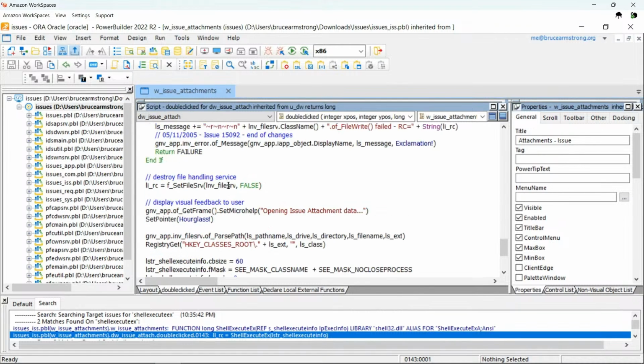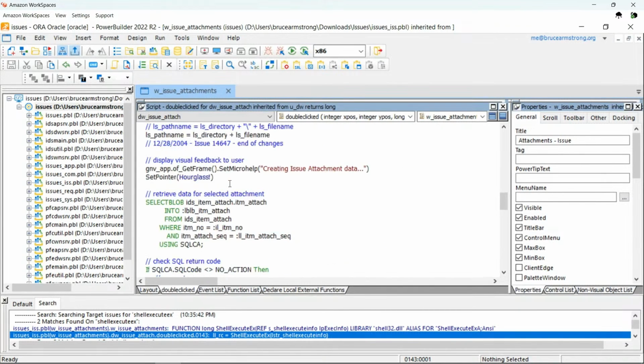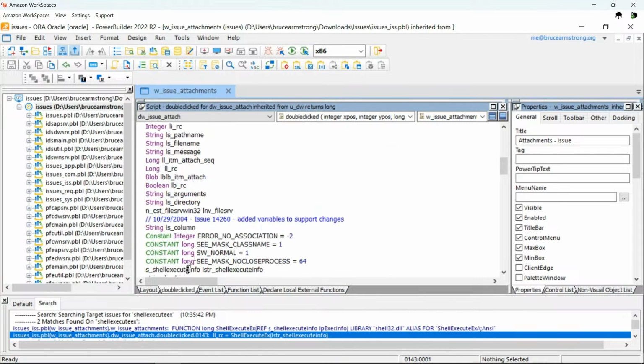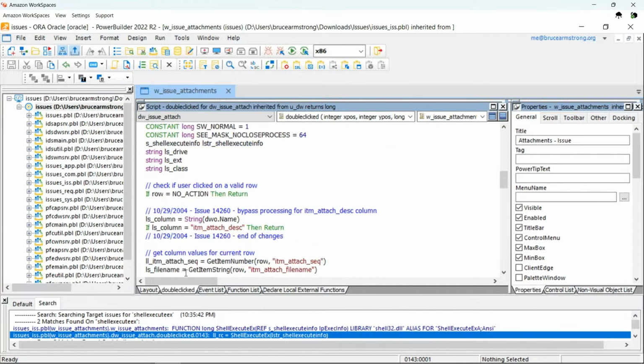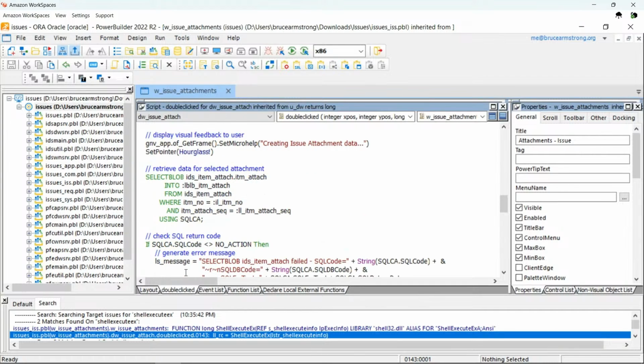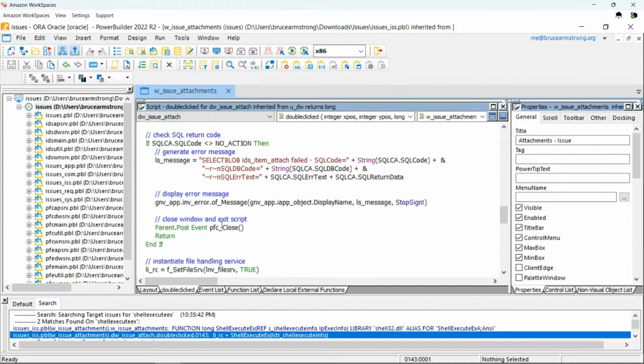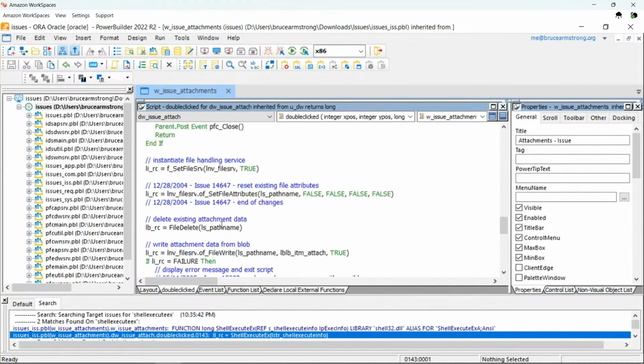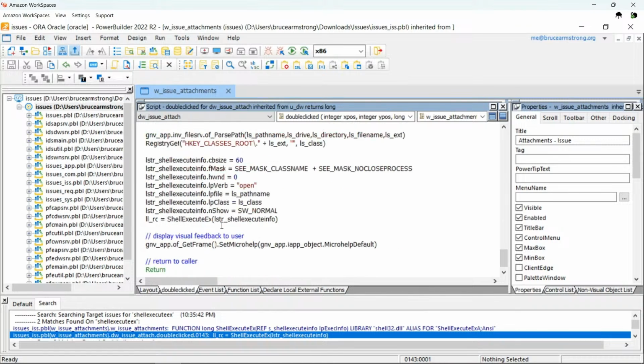There's a structure. This is the structure. Scroll back up to the top here. It's called shell execute info, and S underscore is the prefix we put on it for PowerBuilder. Okay, so we go back down to where this is getting called, and you notice the first data element on that structure is CB size. That's the flag where you pass in the size of the structure, and the size of the structure is going to differ between